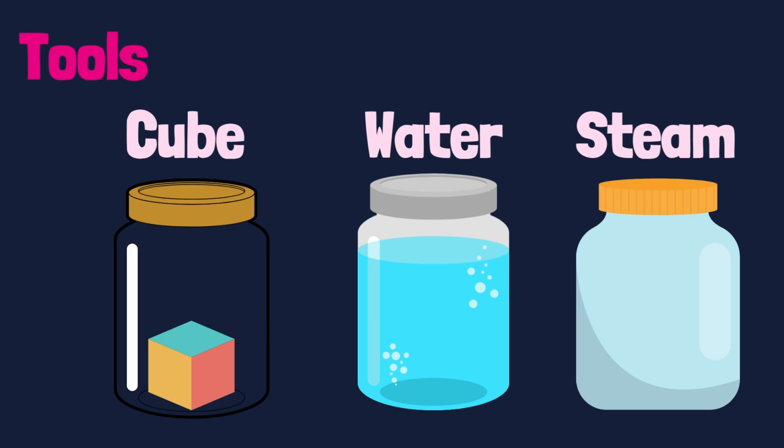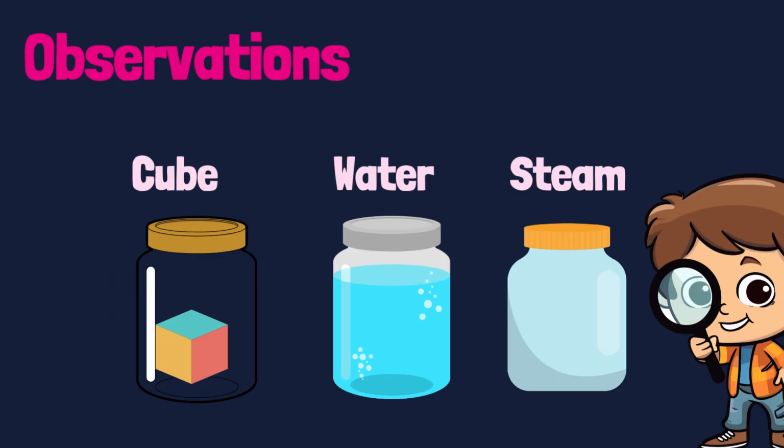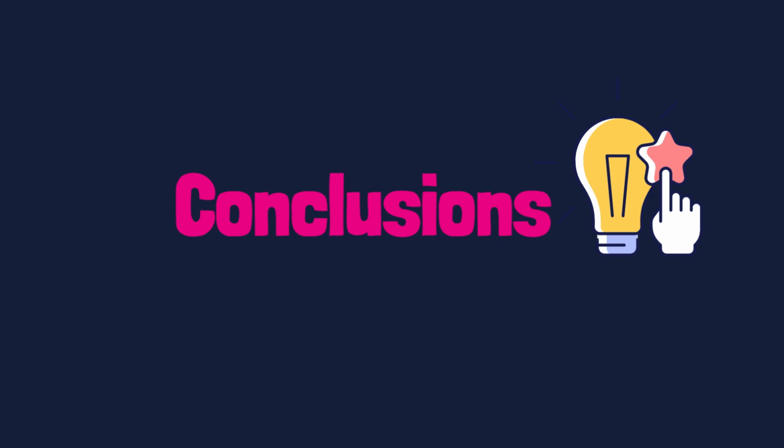Okay, and we have the first container, we will put a solid cube. Okay, and the second container we will fill it with water, and the third container we will put steam. Okay, the water in the gas state, and we will observe the three containers. From our observations we can conclude that, as you see here, in the solid state the cube